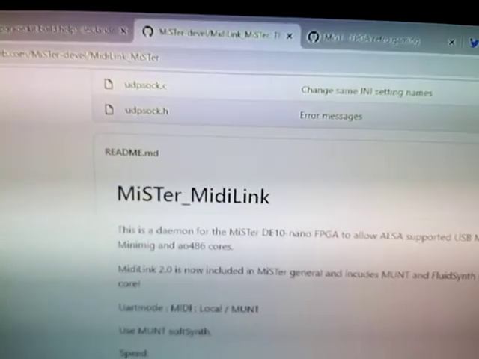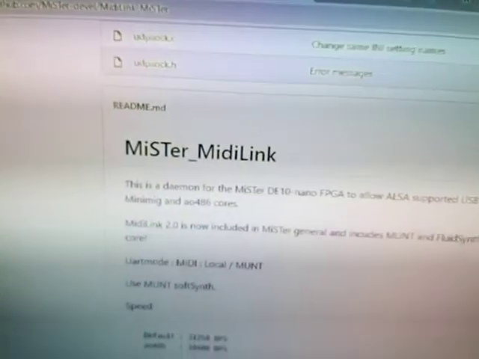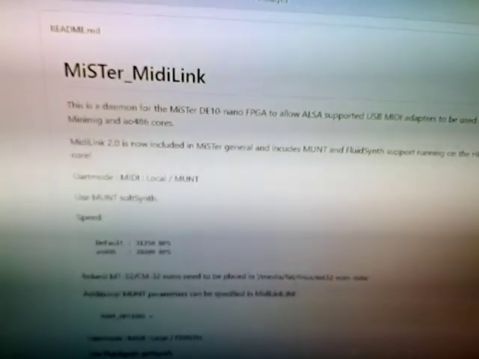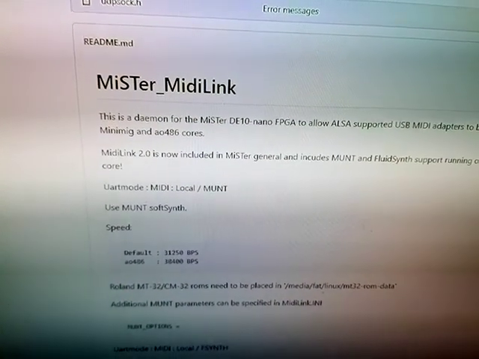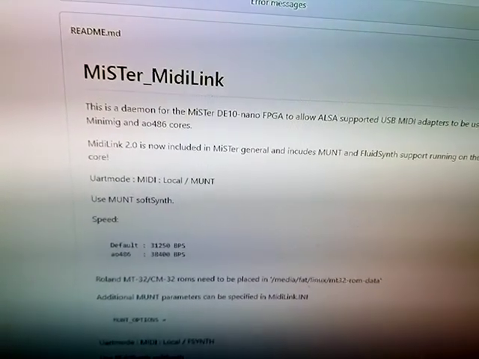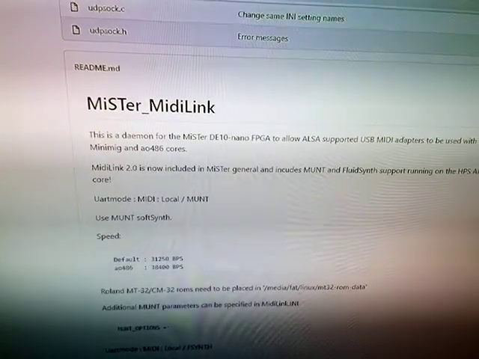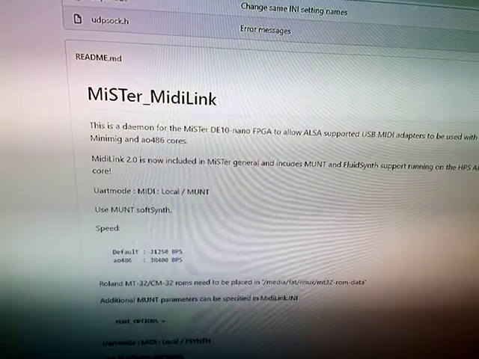Don't know if I'm pronouncing his name correctly, but the guy's a friggin' genius. I mean, he's just done so much. He's basically done the whole MiSTer project himself, and it's totally intense. But the way he's written this down, he's explained all the different UART modes. And you set the UART mode by editing the config file, I think,